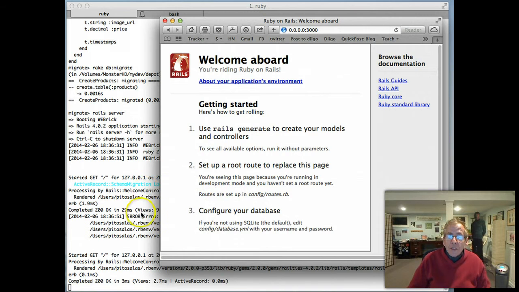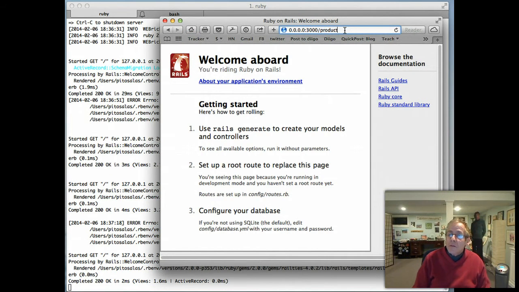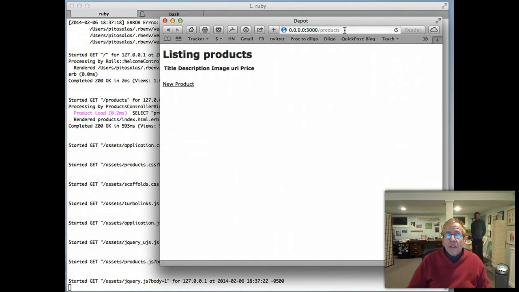One of them is I'm seeing the welcome aboard page, and the reason for that is that I mistakenly typed in the URL without a path, so I'm going to the home path, and because we've not done anything special, the home path in Rails always displays this silly page. So what we're going to do is add the path that's actually requested, which is the products page, right? And if I hit enter now, I magically see